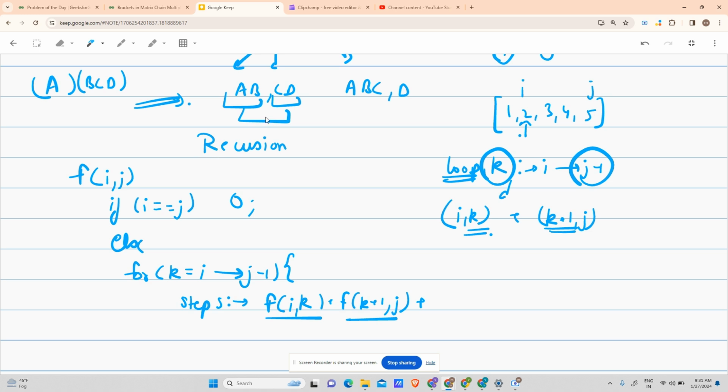I hope you're getting my point. I have got the answer for AB, I've got the individual answer for CD, but I also have to add the number of operations required to multiply these matrices, that is AB and CD. For that, what I will do is, suppose